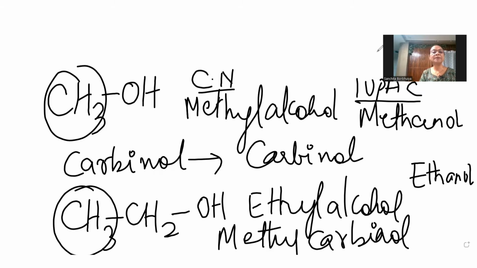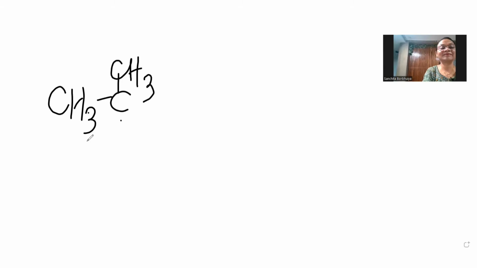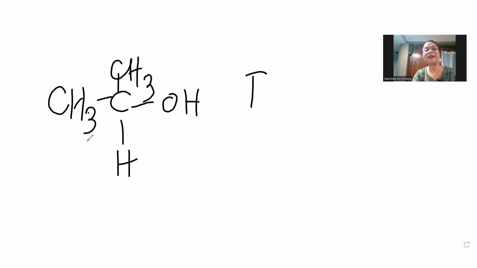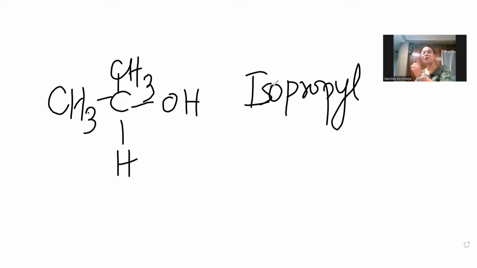We go to the next compound to name, and that is my favorite. Yes, this is isopropyl alcohol. Rightly guessed. If you have closely followed my episode 1, you will know this isopropyl group, and I am not repeating it. In case you have not followed it, do go to the first episode of mine and you will know what the iso group is. I will not repeat it in this video. It's just a connecting nomenclature group for halogens and then for alcohol. So this is my isopropyl alcohol,